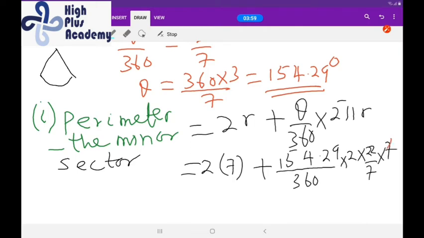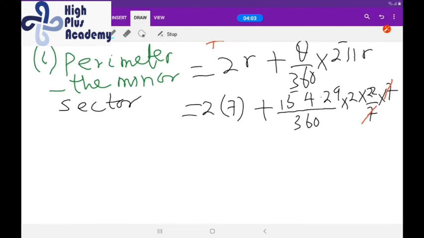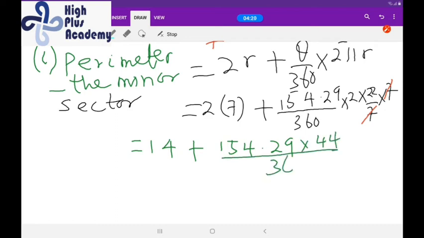If you notice, we cancel 7 here, such that we are going to be getting 14 plus, if you multiply the top very well, 154.29 times 44 all over 360. So we have 14 plus, if you add everything together here and divide it by 360, you'll be getting